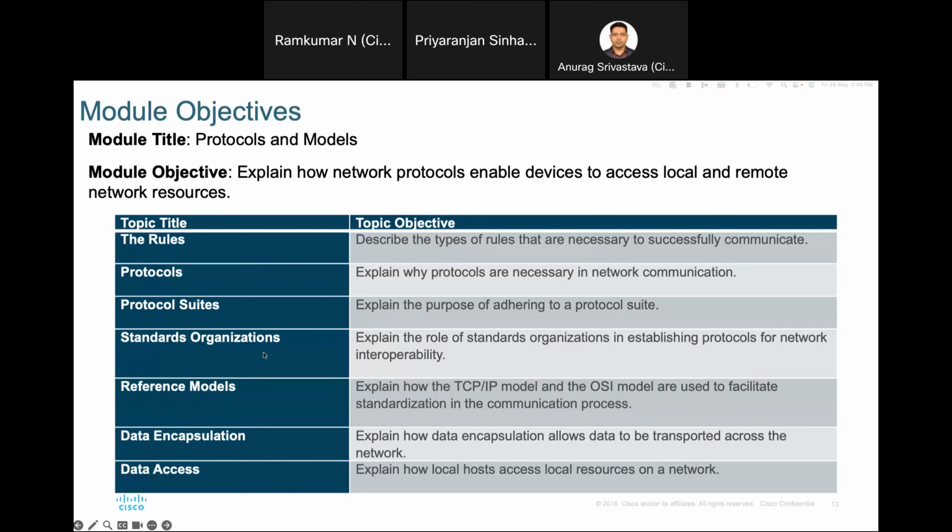And standards organization. The standards organization has one of the main functions: assigning the IP address, assigning the public IP address, and it helps in supporting the network interoperability. For example, today we have